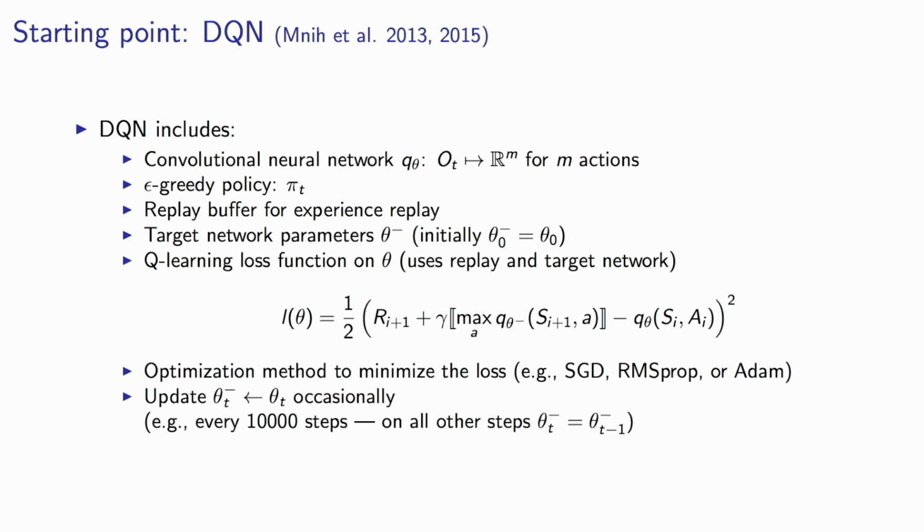Then we have a loss. This is one-step Q-learning in this case, using that target network. And we have an optimizer that minimizes that loss. There's a stop gradient on the value at the next state, which I put here for completeness. But if you consider this a loss of the online parameters, the next state value doesn't even actually depend on those parameters directly because it's using the target network parameters. But just for clarity, the stop gradient is still there. And then you just use some optimizer. In the original DQN work, this was RMSProp. So that's DQN.